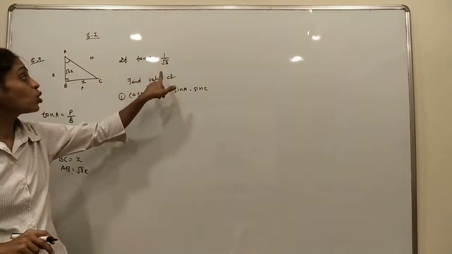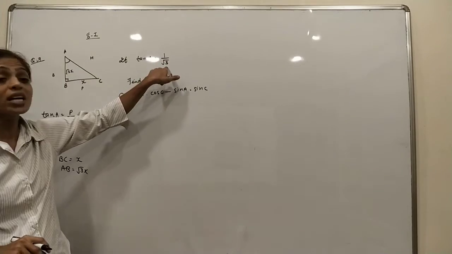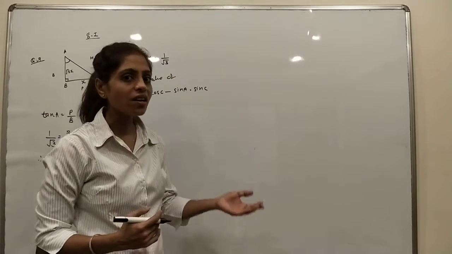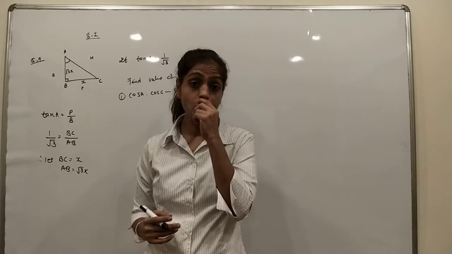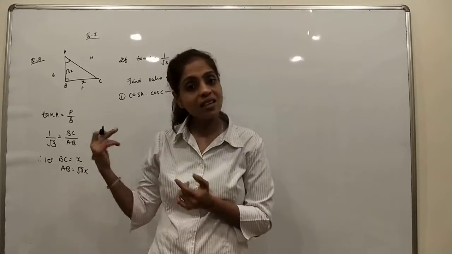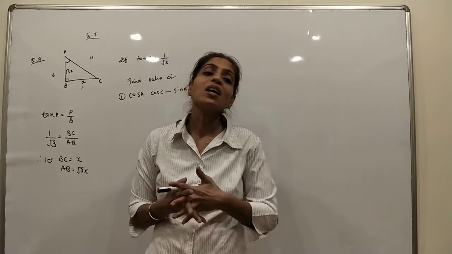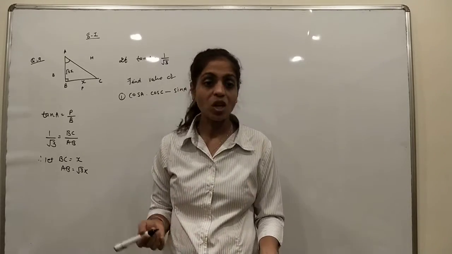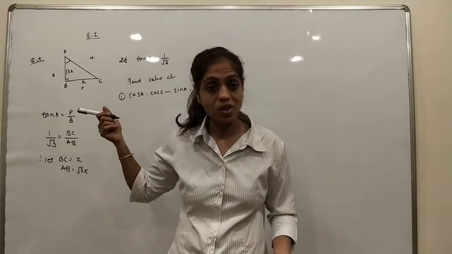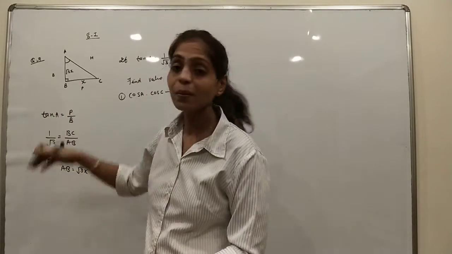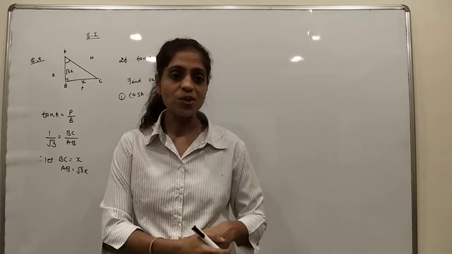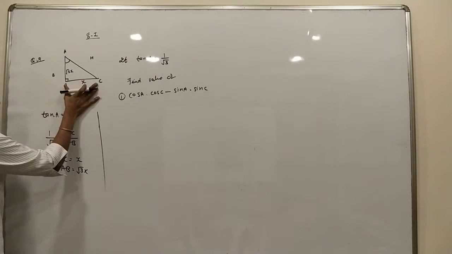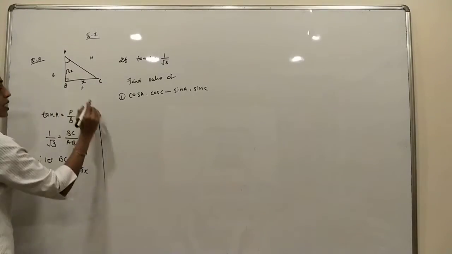It was exercise number 8.1. At that time I didn't know what angle has tan A equal to 1 upon root 3. Now after completing the 2nd and 3rd exercise, I know that the tan of 30 is 1 upon root 3. Then this sum can also be done by the 30-60 degree method. I will explain this sum again later. If it comes in the exam, it should not be done like this from the triangle. It's a long process. Okay, now apply Pythagoras theorem in triangle ABC.